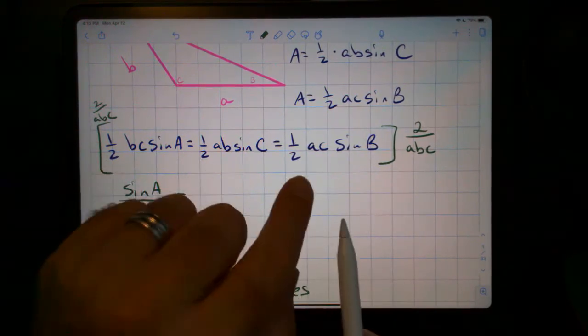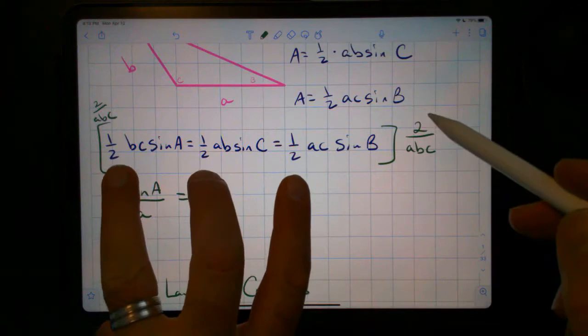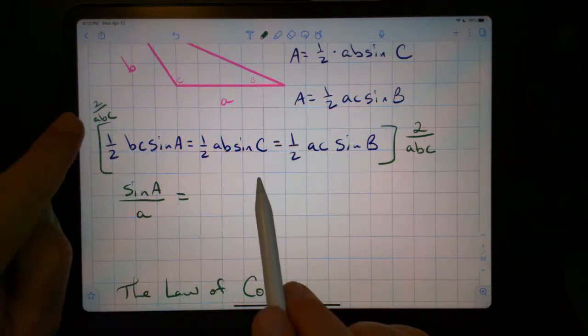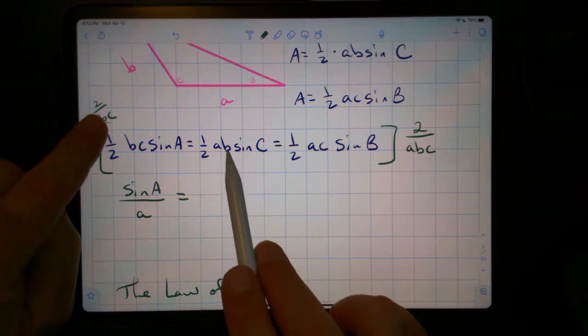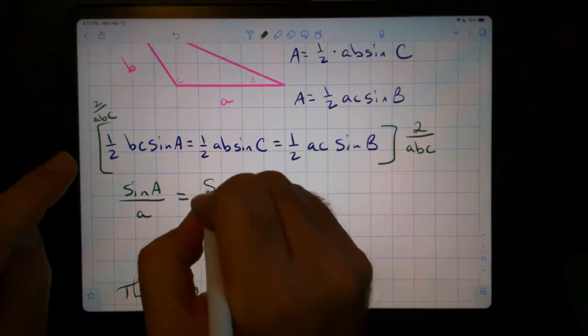The 1/2, 1/2, 1/2, these all cancel out with the 2 in the numerator. Then 2 over abc times this middle term, the a and the b cancel out, and we have,